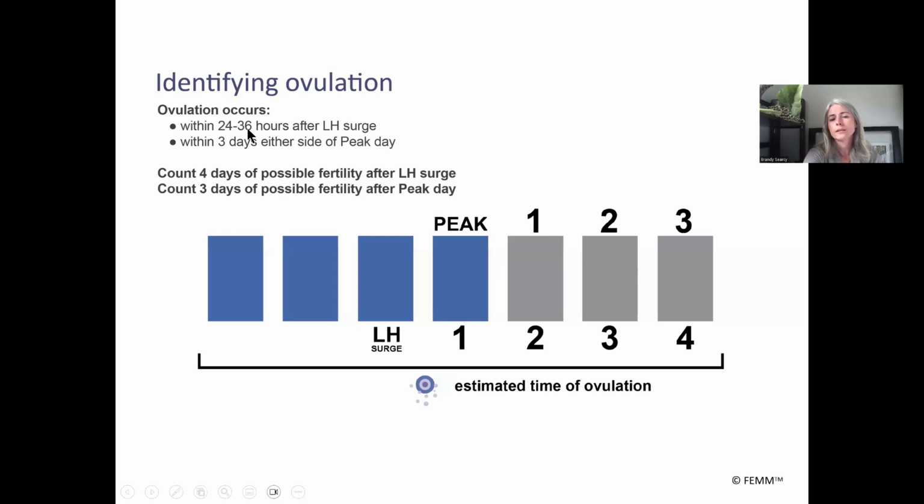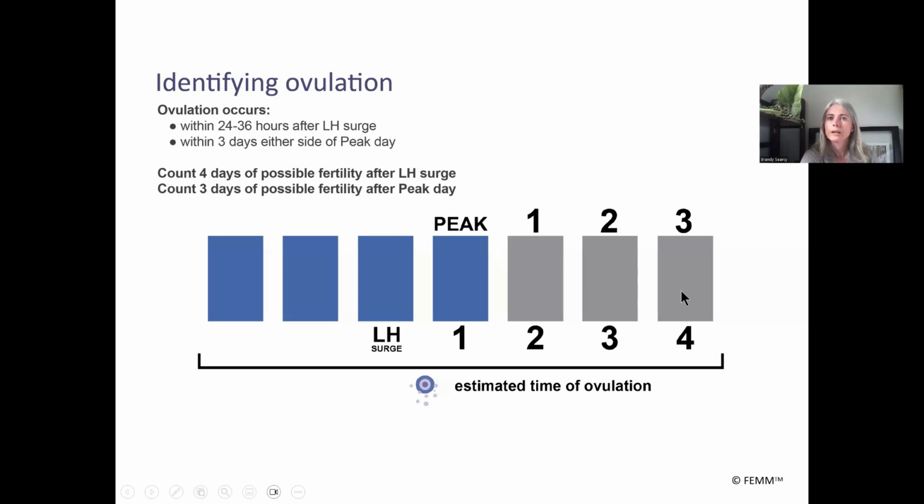And this is to allow for 24 to 36 hours. 24 is 1 day, 36 is a day and a half. And then if we keep in mind that the egg itself can be viable for up to 24 hours, then you want to avoid sex this day if you're trying to avoid pregnancy, and go ahead and give yourself an